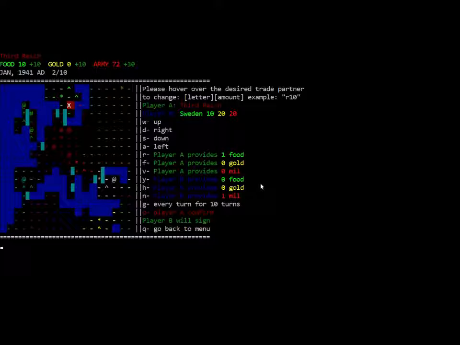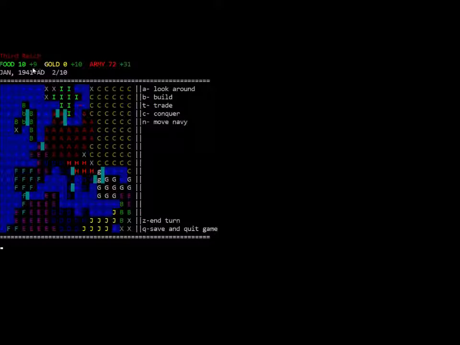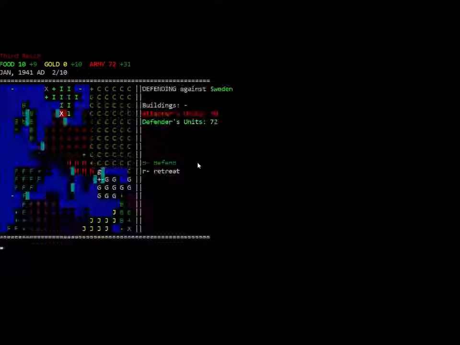And we can make that agreement. So I press O, and as you can see, I'm not making as much food, but I'm making 1 more army per turn. And that's basically how you do trade. And that's it. I'm going to probably just keep it here, and I'll show you the end once